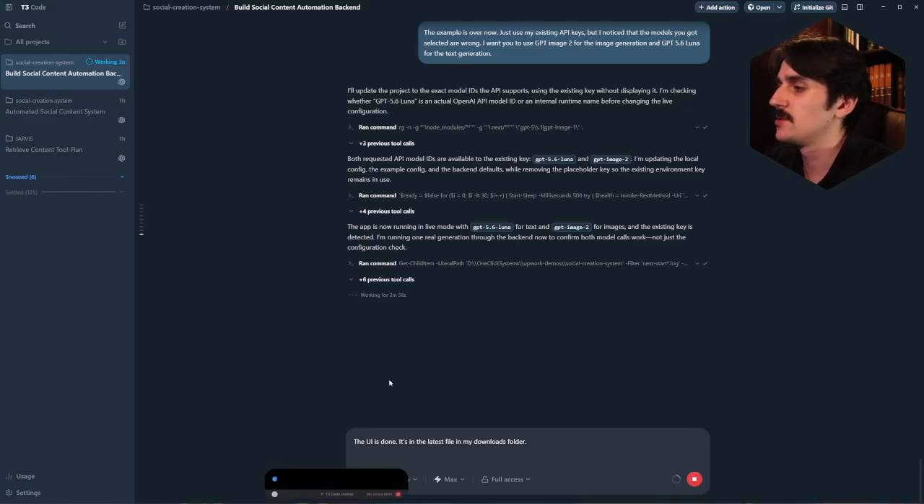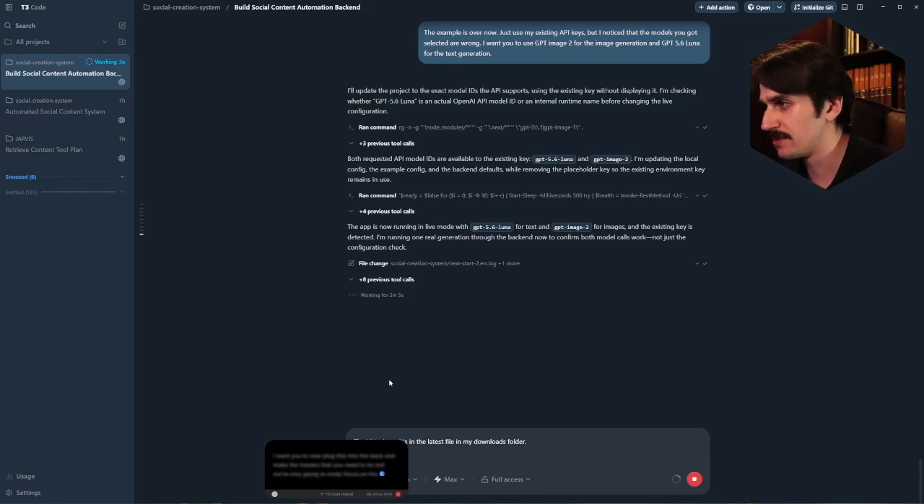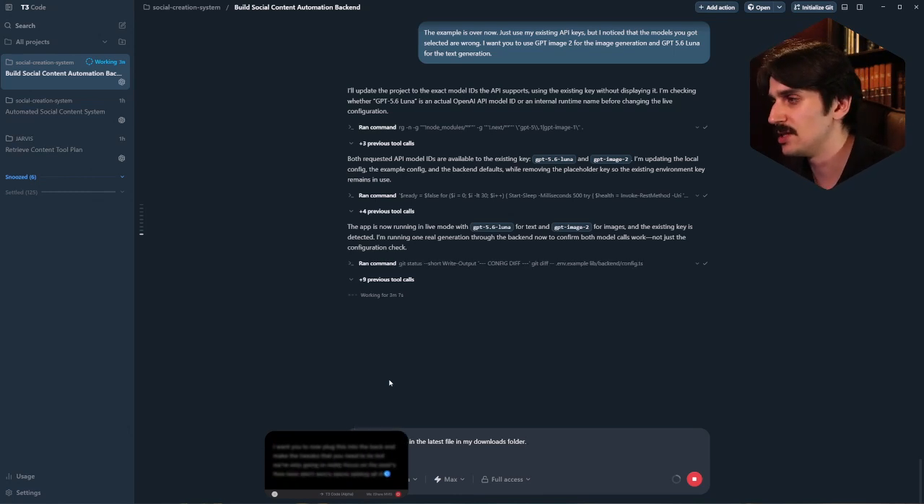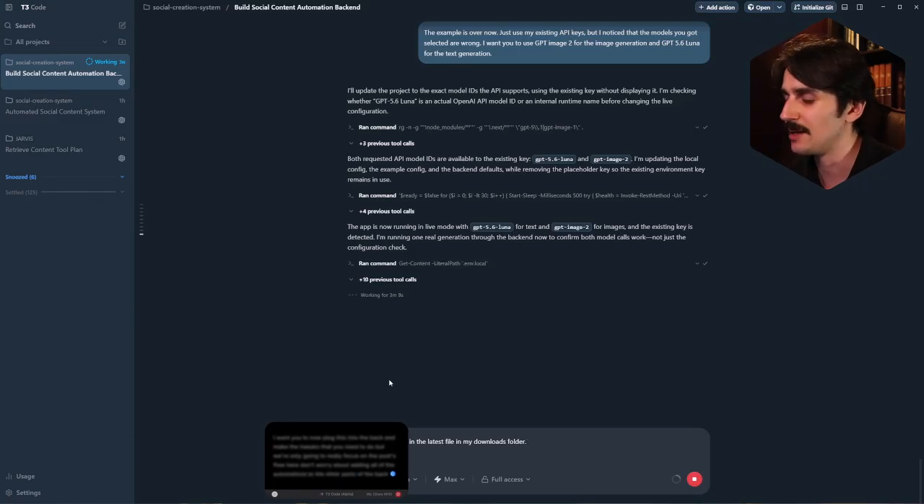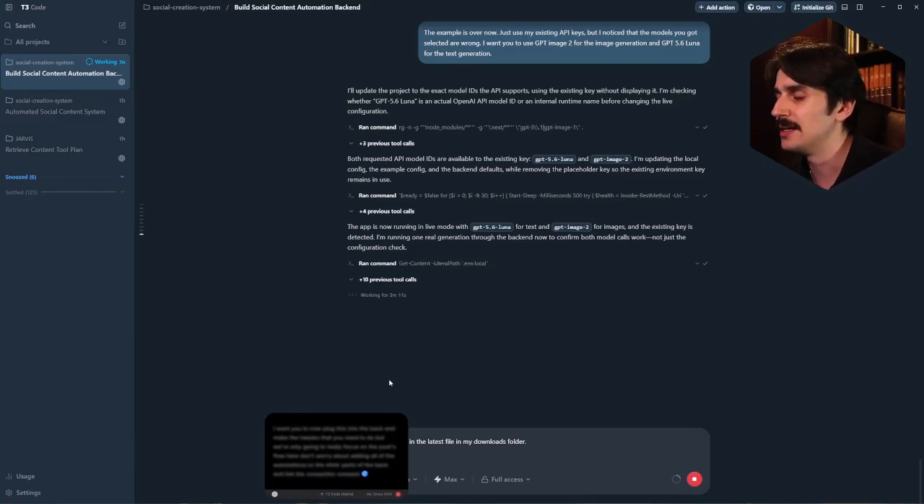It's in the latest file, my downloads folder. I want you to now plug this into the backend, make the tweaks that you need to do, but we're only going to really focus on the posts flow here. Don't worry about adding all of the automations to the other parts of the backend, like the competitor analysis, the